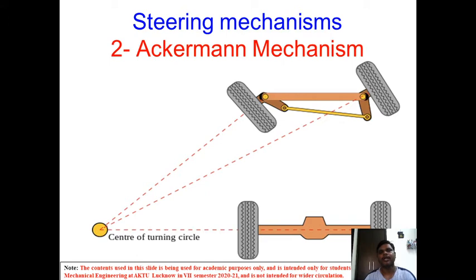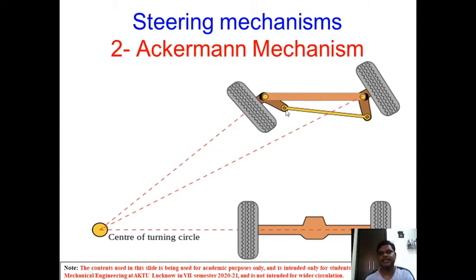Now, talking about the Ackermann steering mechanism, we can see that the links are there. This is the link AB. This is another link KL, which is not parallel. Okay, that is not moving parallel to this link, because in that case we can see here there are certain pivoted joints. Okay, so as I've told you, the instantaneous center of rotation must meet at a point. So only then the condition of correct steering will be met.